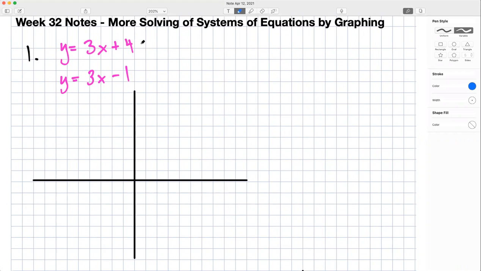So the first one here, I'm going to graph in blue, and then we'll graph the other one there in green. So first, we look at the y-intercept, which is 4, so we go up 4. 1, 2, 3, 4. This is the y-axis here. This is the x-axis, just to be clear. Put our y-intercept right there,